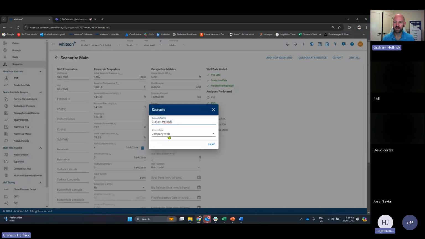Now you'll notice that there's an option below that says make this company wide or make it private. What this means is if you make this scenario private, you are the only person at your company who can see your interpretation that we're going to do. If you make it company wide, it's as it sounds. Anyone else can see it. And you can change the status of these later. So whatever you want to do, you can make it private or company wide. It doesn't matter, but just type in your name for scenario,